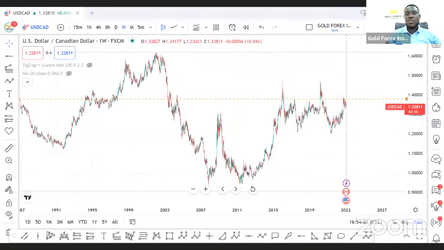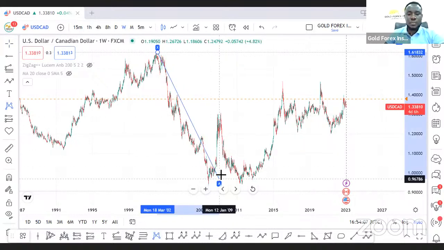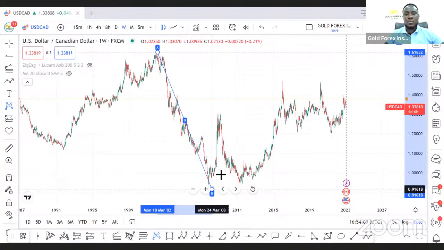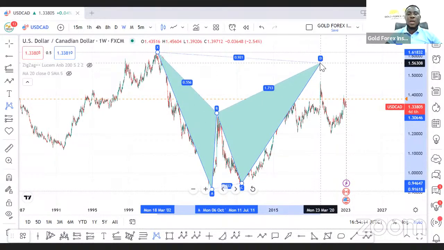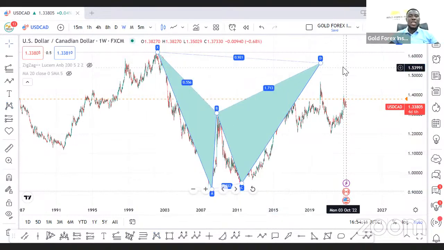Okay, so for USD CAD, we still have... now these patterns, you just don't draw them. It's not a matter of you drawing it as you want. No, it comes with its own rules. And I keep on showing you in all my